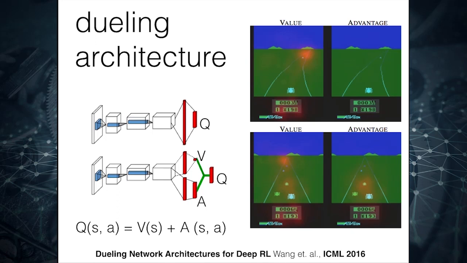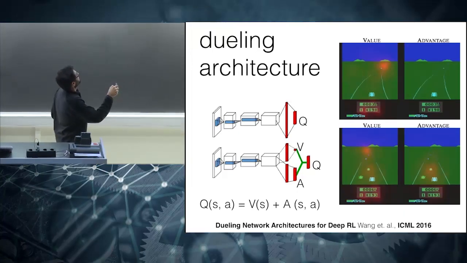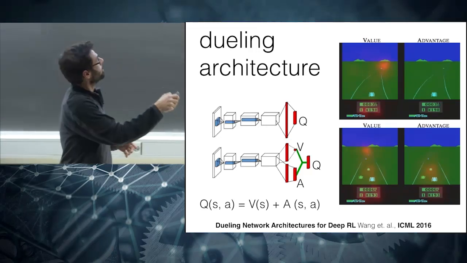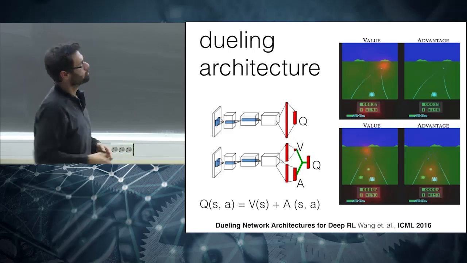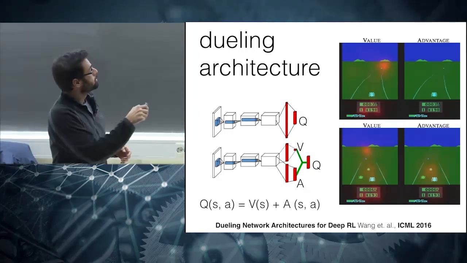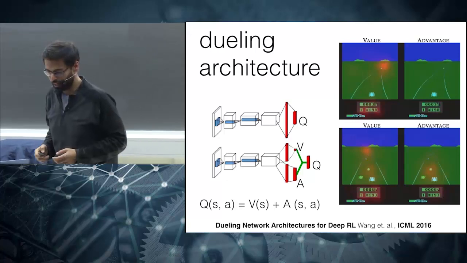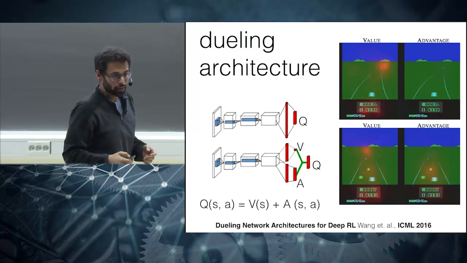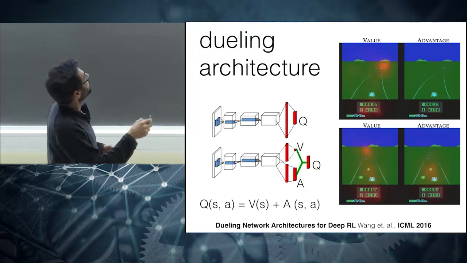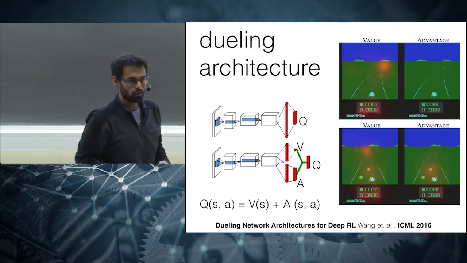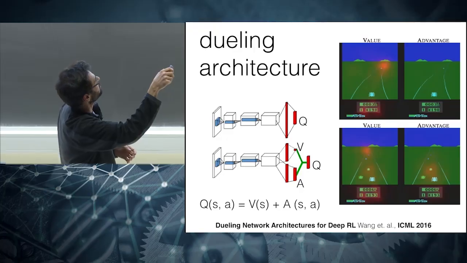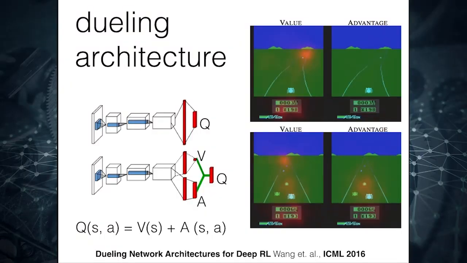How good is an action compared to the average in a given state? So you could split this final layer into these two and then compose them to form a Q value. It's just a simple equation here. And you can train this network, and it showed to help in domains where, for example, in this game called Enduro, a car racing game, the actions this thing can take are go left, right, or do nothing.